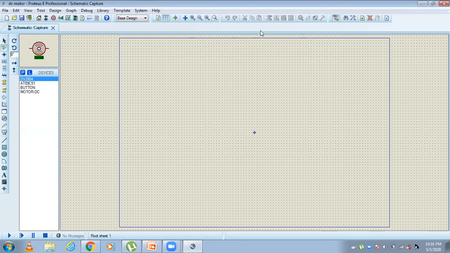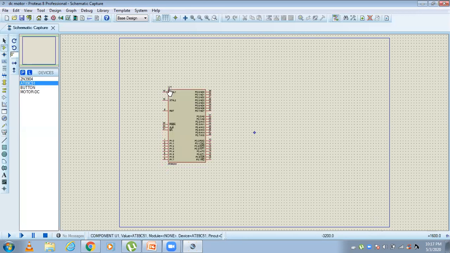Now we'll see how to connect it. First the Atmel microcontroller. And here, how many switches are there? Four switches, so four transistors are required.